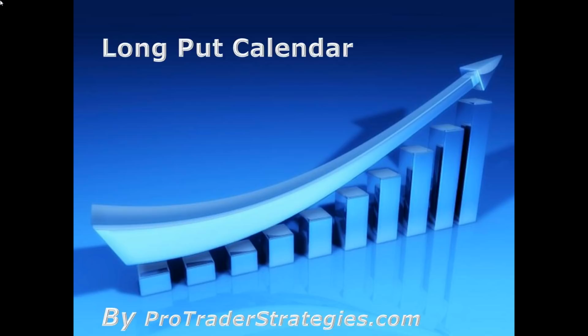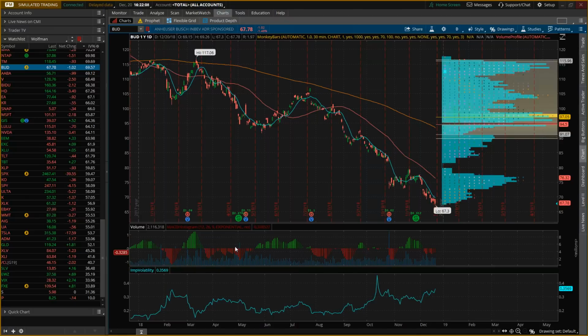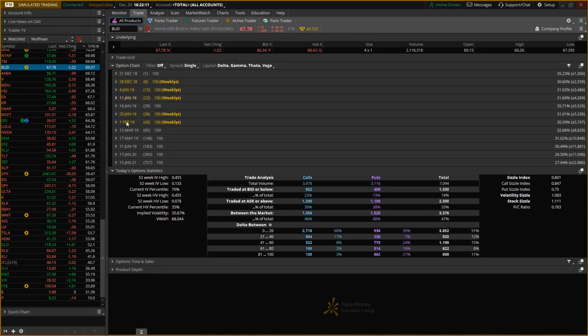All right. We've already mentioned this long put calendar moving forward. The long put calendar is simply a horizontal spread. The reason why it's a horizontal spread is when you think about the option montage, which is nothing more than this page right here, the trade page, all of this stuff. These are the option montage. When you go out in time, think about that as the horizontal, and we're picking the same strike. So it's just a flat line on the expirations, basically. At the end of the day, it's a horizontal spread.